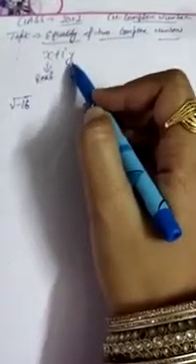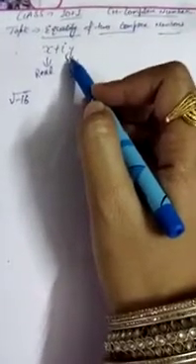Clear? For example, they are given us like this: write the following as a complex number. They are given only root of -16 and they said write it in the form of complex number, and we know that a complex number is always in the form of x plus iota y, where x is the real part of the complex number and y is the imaginary part of the complex number. So how we are able to find it?